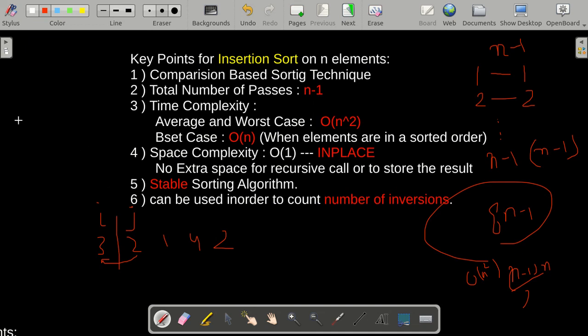So we can say that the total number of swaps is equal to the total number of inversion pairs. Because the first part of the array will always have indexes less than the second part of the array, and if any number is found greater in the first part than the element that has to be inserted from the second part, this means that they both are an inversion pair.